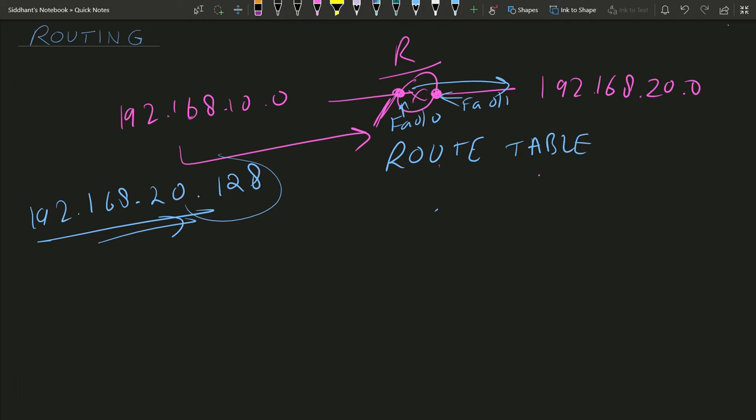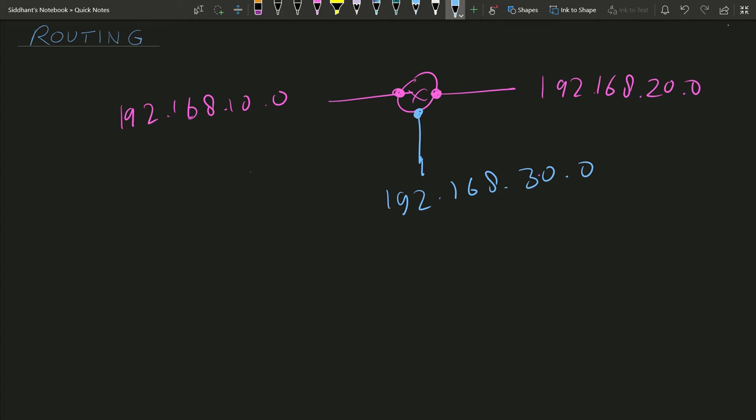Now suppose we make it a little bit more complicated. I have added network number 1, network number 2 and network number 3. Suppose there are different PCs: this PC has 10.10, this PC has 20.11, this PC has 30.12, and 192.168 is the same.